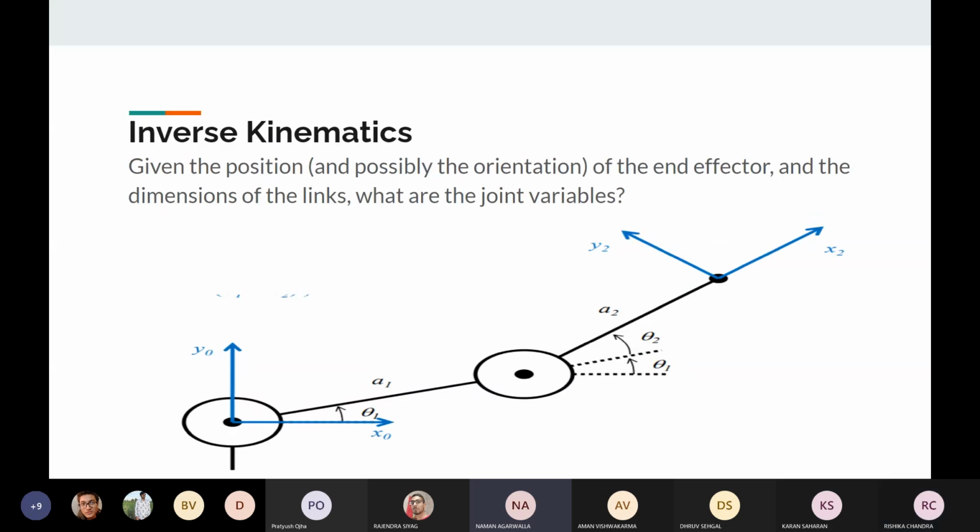Coming on to the second classification, inverse kinematics. As described earlier, inverse kinematics is the reverse of forward. We have the coordinates or position of the end effector, and we need to calculate the thetas, or joint variables. This is a bit tricky, because when we calculate thetas we generally encounter more than one solution, and the acceptance of a solution entirely depends upon your call. You need to practically check whether those solutions are possible or not.